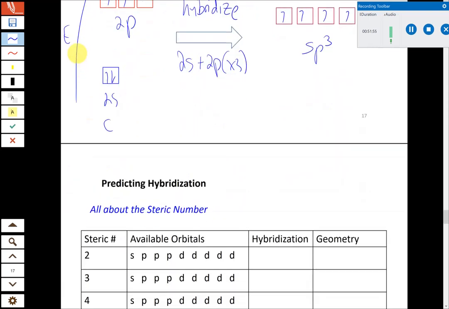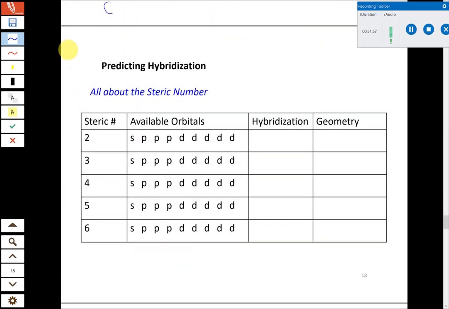We're not going to ask you too many questions about them. The key thing you have to be able to do is, if we give you the formula of a compound, in addition to now being able to draw its Lewis structure and predict its geometry and polarity and all that stuff we've covered up until now, you have to be able to predict the hybridization of the central atom. This is all going to be determined by the steric number of your central atom, which is